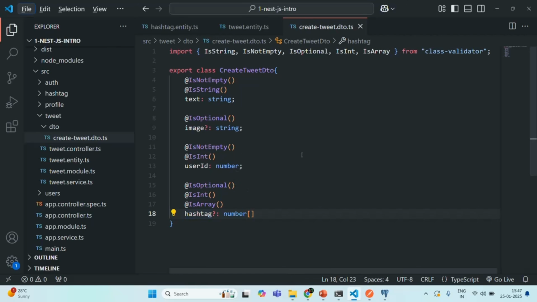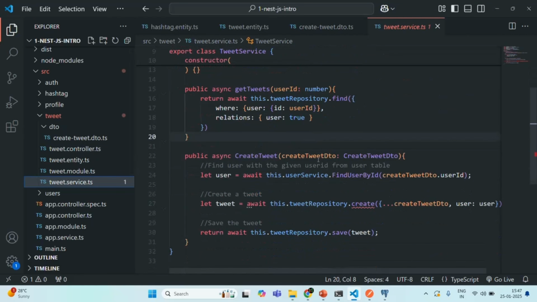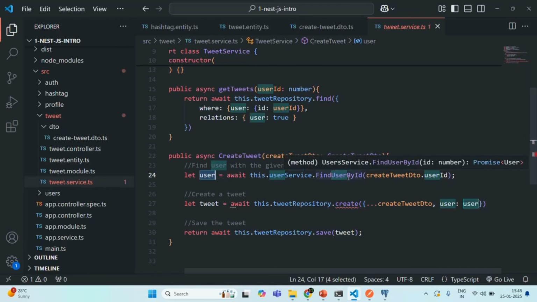Now let's go to tweet service and let's go to create tweet. So now whenever we are creating a tweet, you see we already have an error here. That's because in order to create a tweet, now we also need to specify the hashtag array, and that we are not doing here, and that's why we have this error. So just like how we are getting the user here using this find user by ID method,